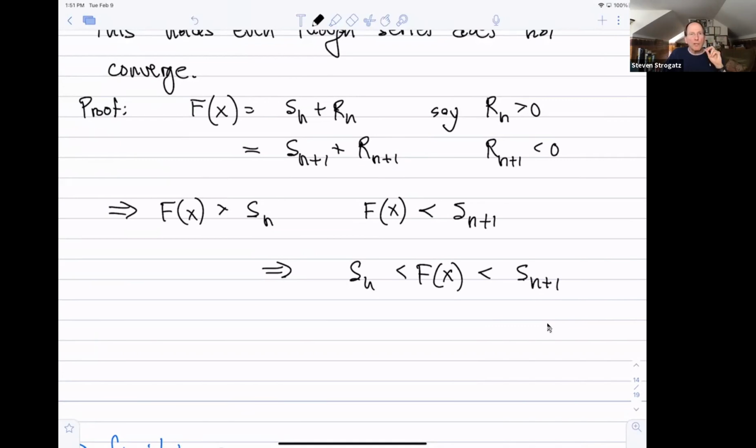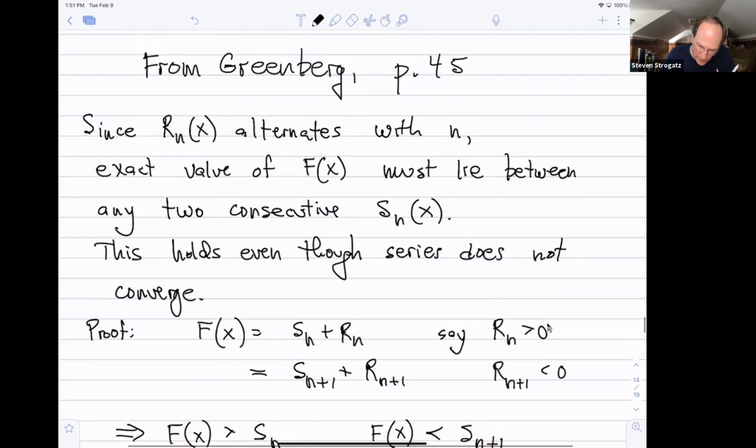So just knowing about the partial sums, they're coming in like a vise around the true answer, until, as we saw, at some point the vise starts to expand again, right? So you want to go to where the vise is as tight as possible. And so if I go back to Michael Greenberg's table,